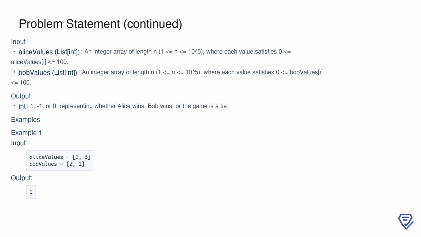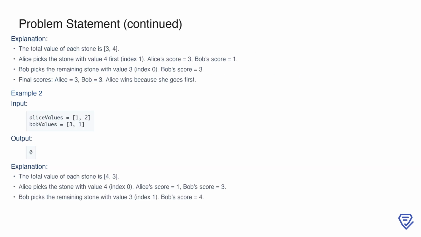For example, consider the case where Alice values is 1, 3, and Bob values is 2, 1. The output is 1, which means Alice wins the game. Here's why Alice wins in the example. The total value of the stones is calculated as 3, 4. Alice goes first and selects the stone with the highest total value, which is 4, corresponding to the second stone. She adds her assigned value for this stone, which is 3, to her score. Bob then picks the remaining stone with a total value of 3, adding his assigned value, 2, to his score. By the end of the game, both players have scores of 3, but since Alice went first, she is declared